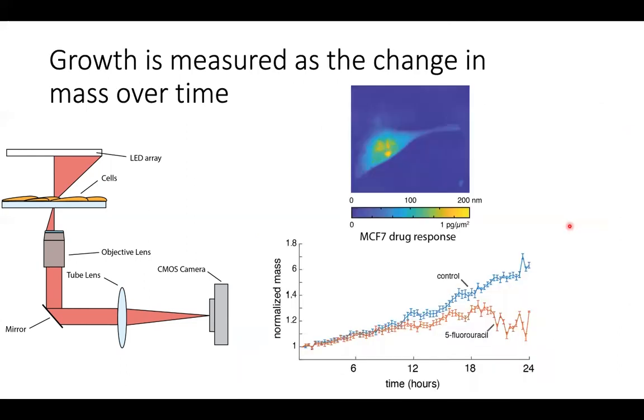Here's another cell mass distribution. To compute the mass of the cell, we simply integrate over the area of the cell. To measure cell growth, we average the mass of each cell at each point in time and fit a line to this data. The rate of change or slope of this line is the average growth rate of cells in